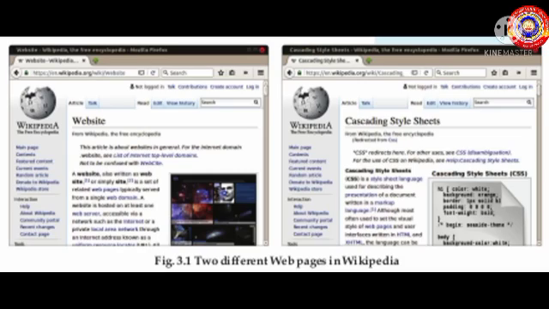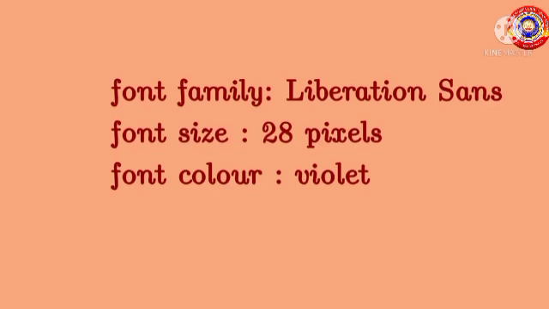Let's see how we can create a new style for our web page. Suppose we want to create a style with the following properties. The first thing we have to decide is where or to which tag these styles can be applied.